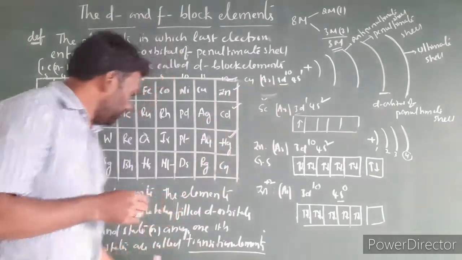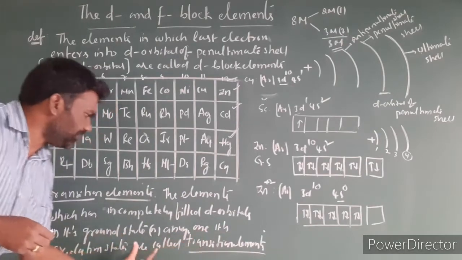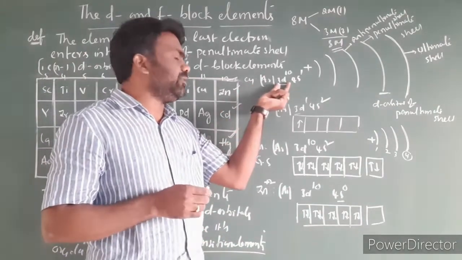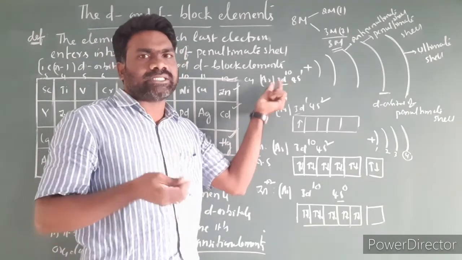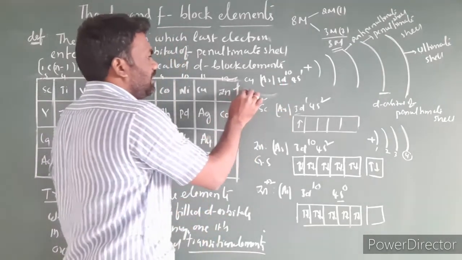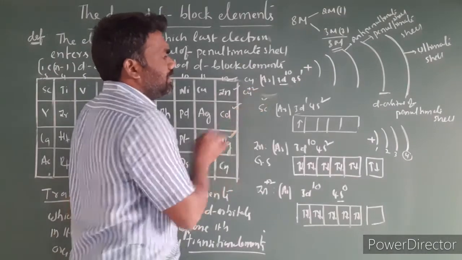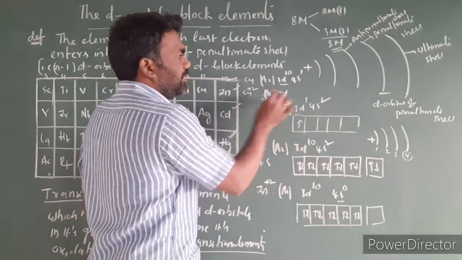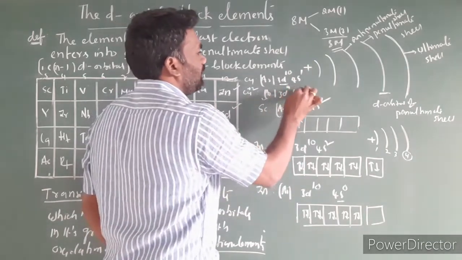But if we take any one of its oxidation states and it does not have a d10 configuration, then the element is considered a transition element. I am taking copper in the form of Cu2+. For Cu2+, from argon 3d10 4s1, we remove 2 electrons, and this will be 3d9 4s0.